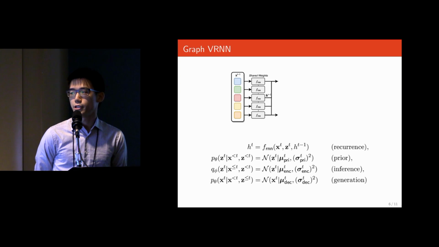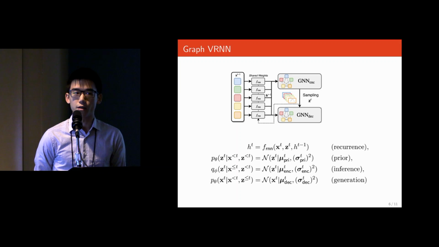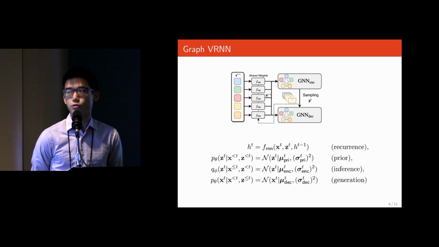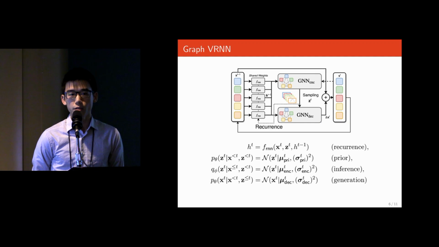To model the relationship between these agents, we use graph encoders and decoders to learn the parameters of the following distributions. We use a latent variable z for each of the agents following a Gaussian distribution. Internally, our model learns the offset of the agent position by adding the past position to the decoder's output. For more details, please refer to our paper.